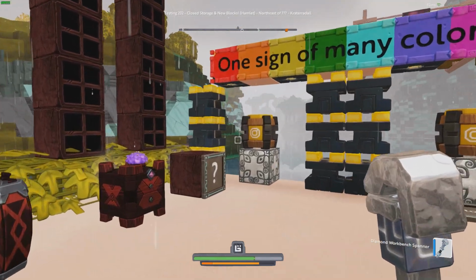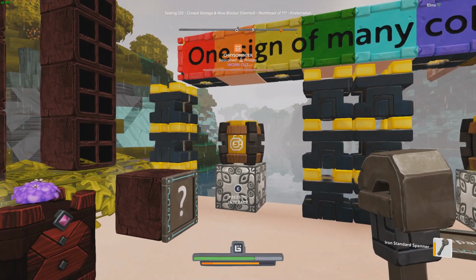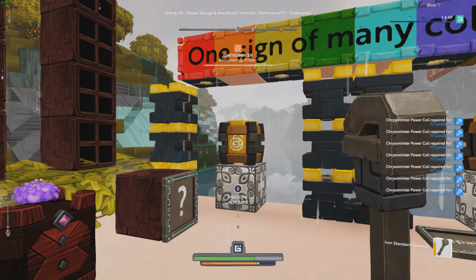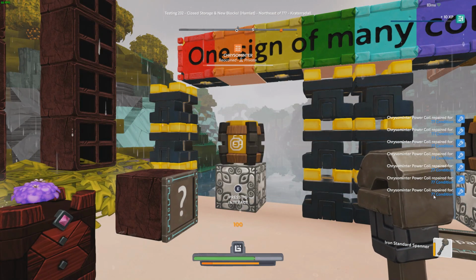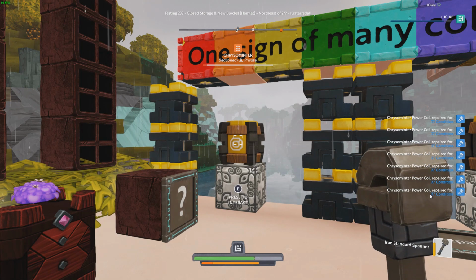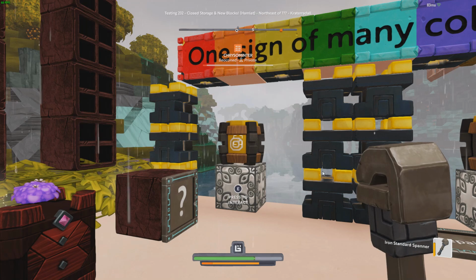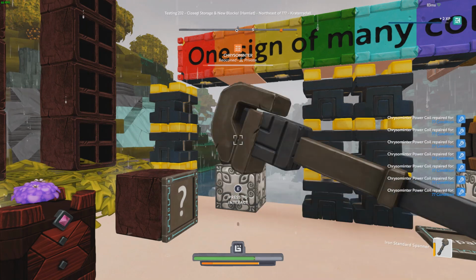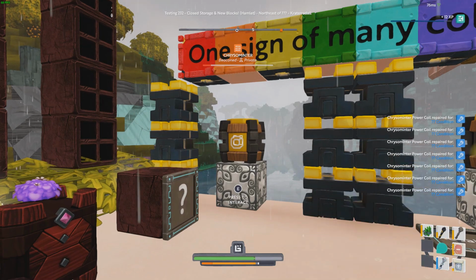So in other words, if I want to repair this chrysominter, I can just hit the chrysominter and it will repair all of the coils at the same time. If you look over here, each one of these is being repaired for 77 conditions. So in other words, it's taking that 700 repair value from the spanner and dividing it between the 8 coils in the one machine. So naturally, it's going to take a while for this iron spanner,